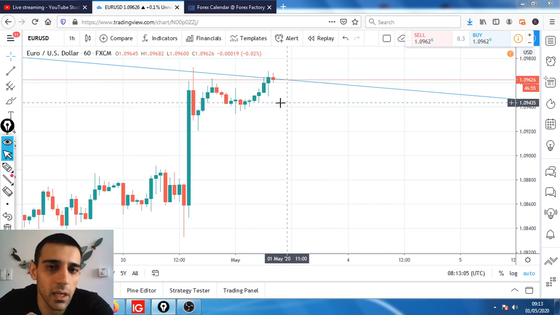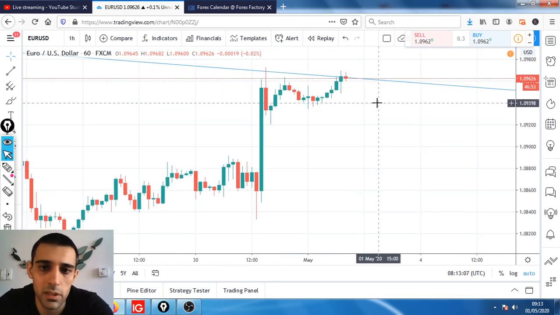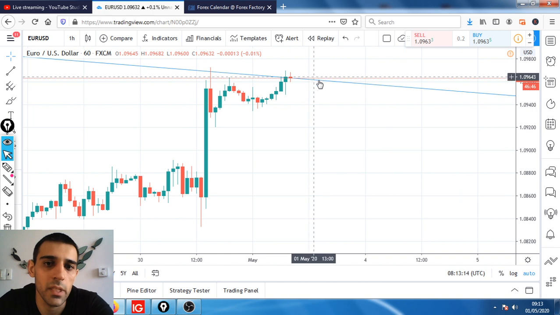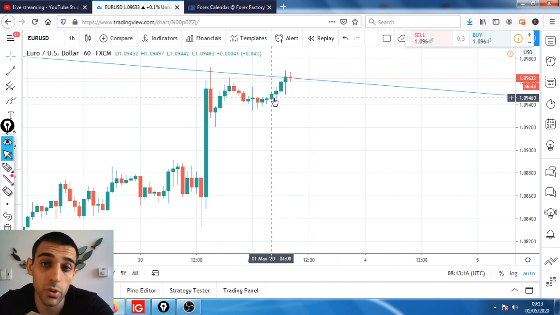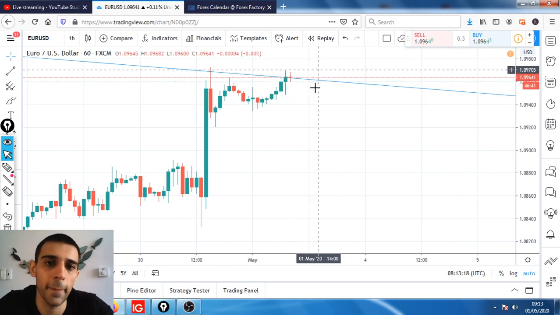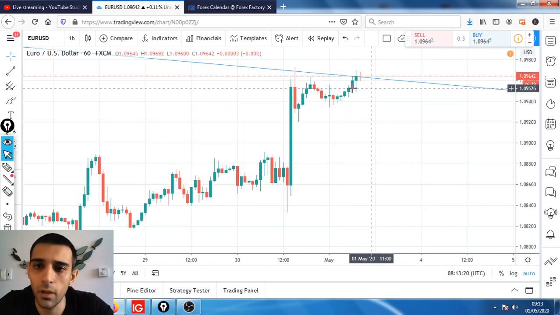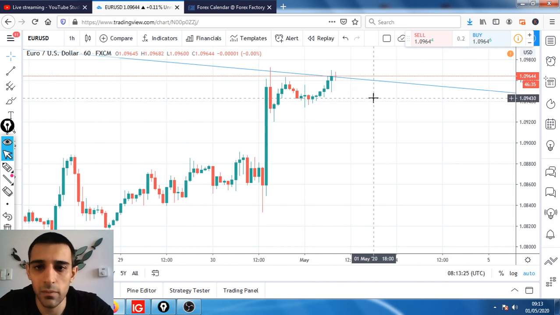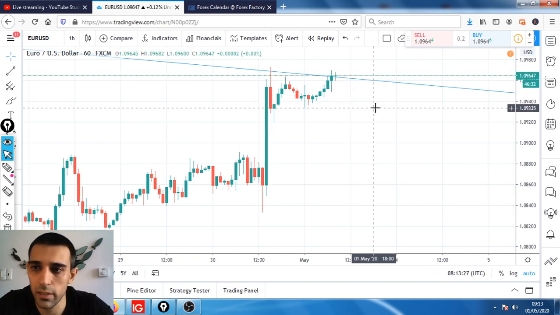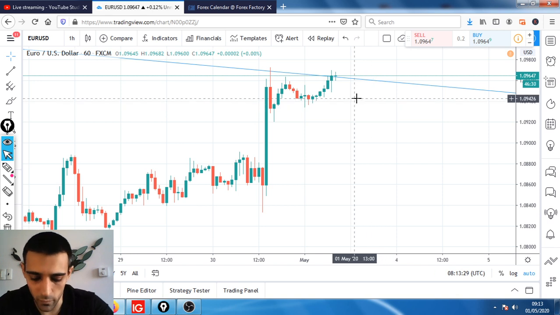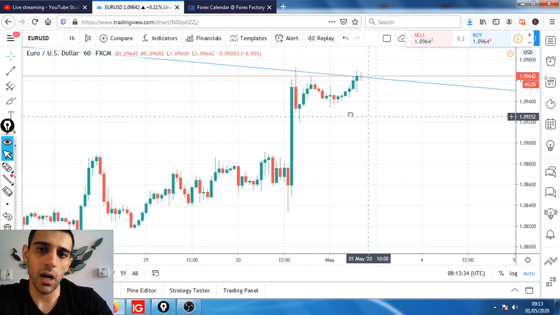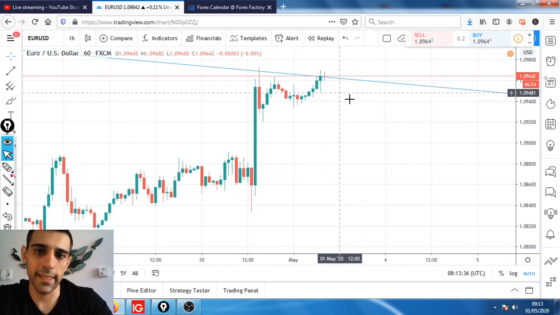In my case, I probably would not even touch this trade because it does not justify the risk reward requirement for me, but it does meet the 1 to 2 risk reward requirement, which is good. But whether this trade is going to work out or not is very much in question mark. If we're going to see the moves, they will probably die down in the other half of the day.